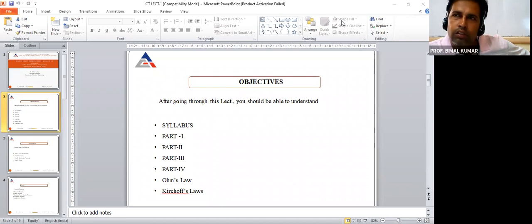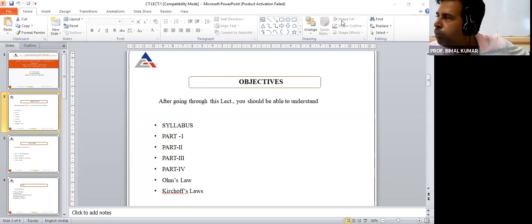As per our curriculum, we have Thevenin theorem, Norton theorem, maximum power transfer theorem, superposition theorem, and reciprocity theorem. By the use of Ohm's law and Kirchhoff's law, we will be able to calculate current, voltage or power across any element, across any part of the circuit or across the complete circuit.